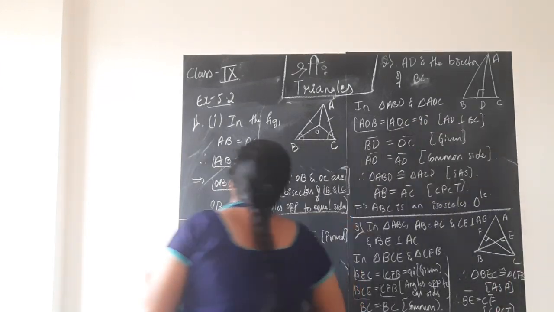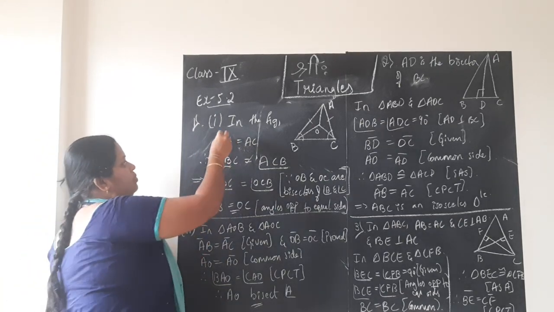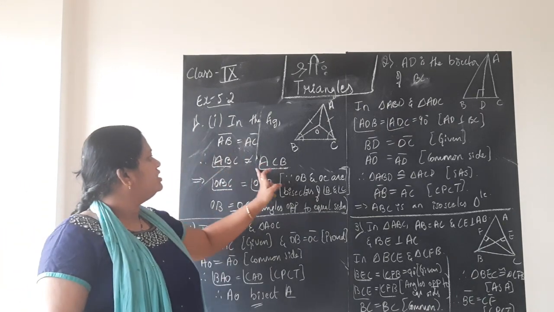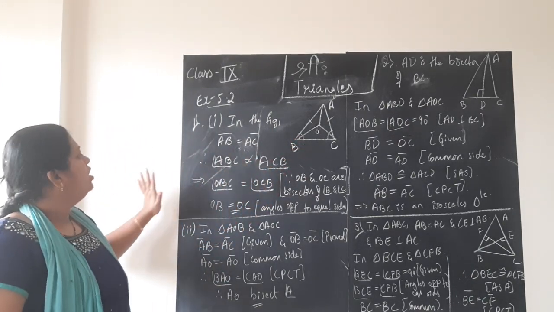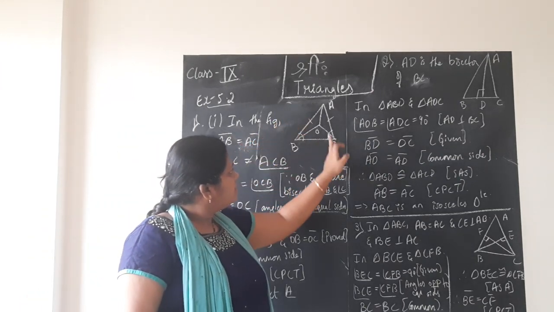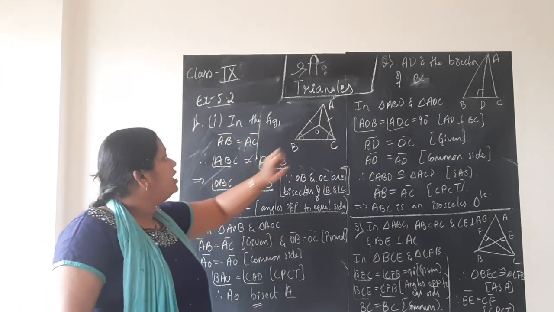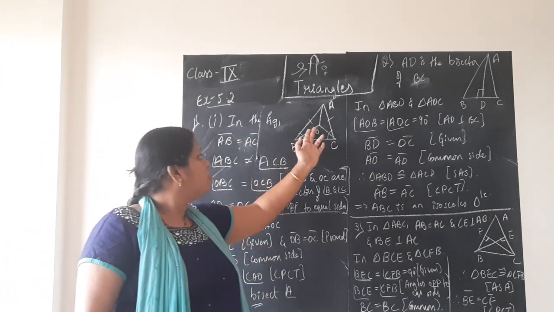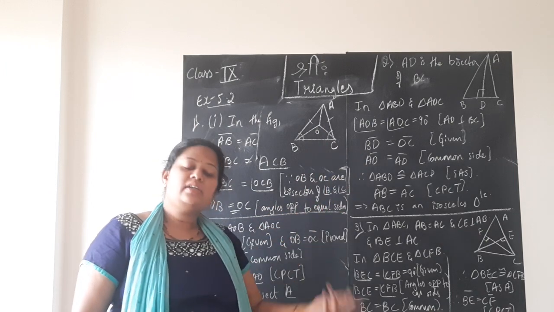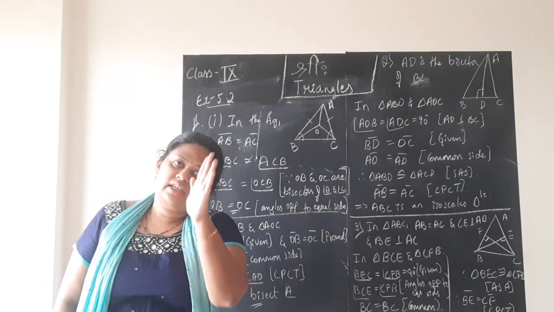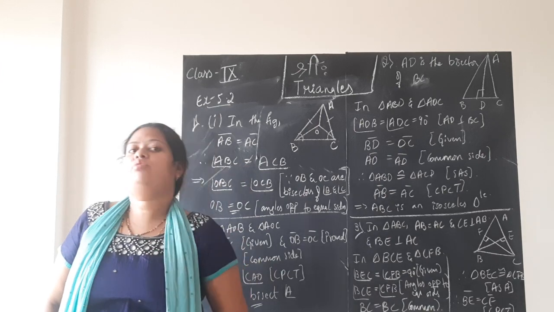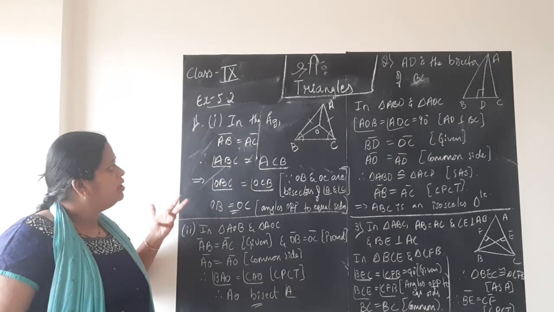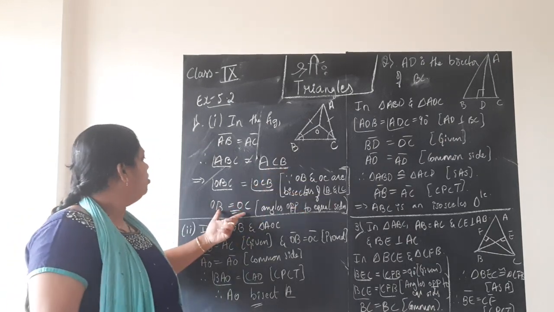So in the first case, in the figure, side AB is equal to AC. Why? We know it is an isosceles triangle. Similarly, angle ABC is equal to angle ACB also. So, if angle ABC is equal to angle ACB, then angle OBC is equal to angle OCB. Why? Because this OB and OC are nothing but the bisectors of angle B and C. That is not doing anything to the angle, but dividing it into two equal halves. So, angle OBC equals angle OCB, and if angles are equal then OB is equal to OC.